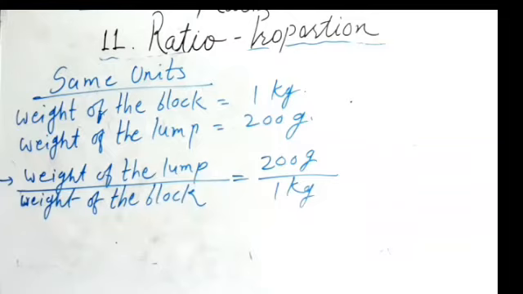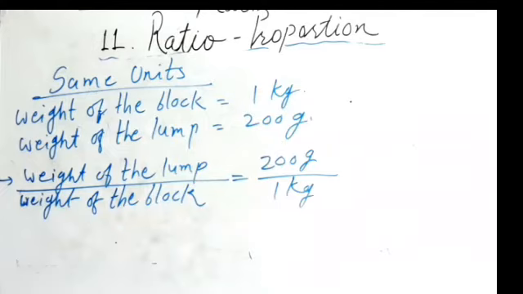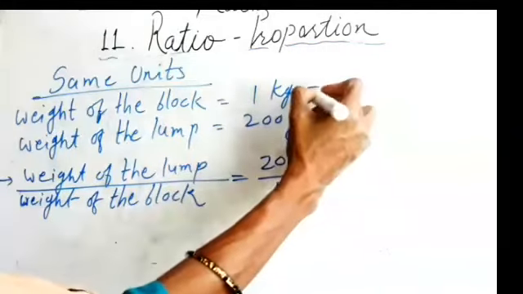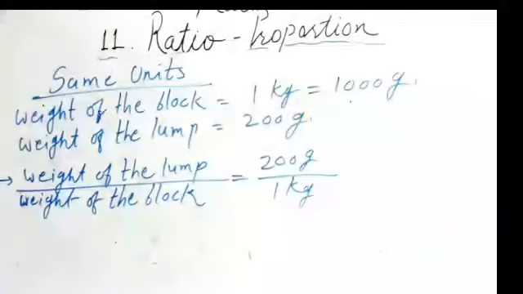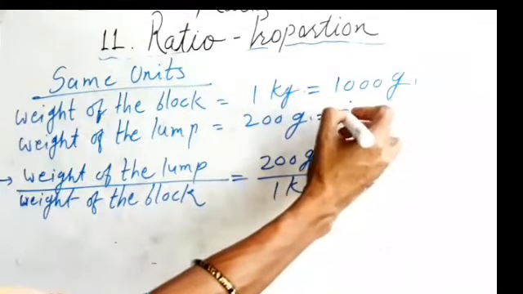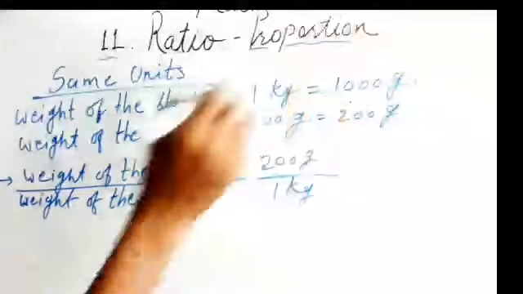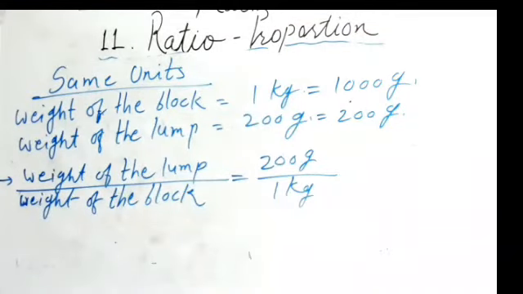What mistake have we made? First, we must measure both the quantities in the same unit. It would be convenient to use the gram here, isn't it? So, I can convert kilogram to gram. You must know the basic conversions which I taught you many times. So, 1 kilogram is equal to how many grams, students? 1 kilogram is equal to 1000 gram. So, it came into gram and the other is already in gram, so no need to convert it again into kilogram.